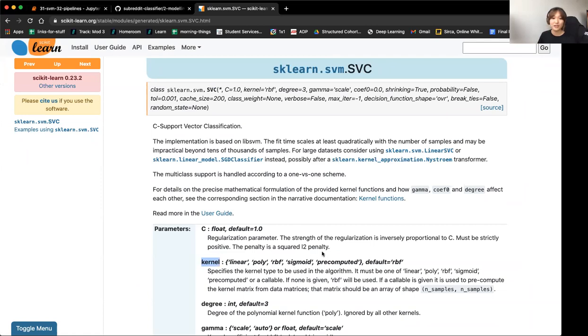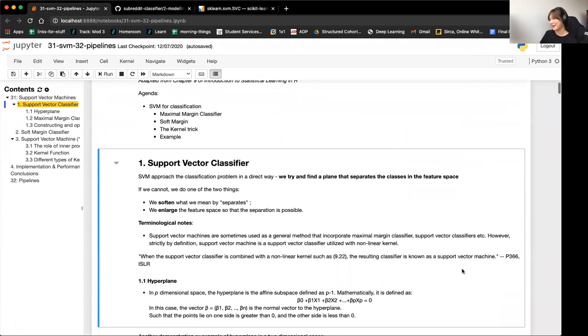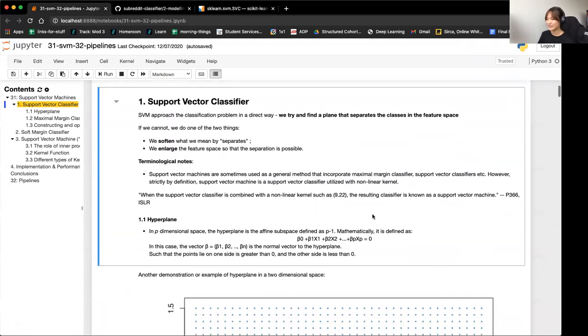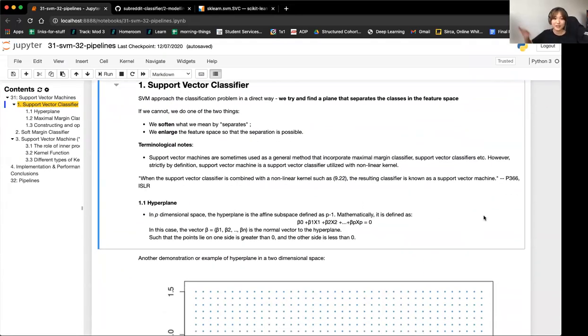And the kernel, if it's nonlinear, actually turns your SVC into a support vector machine. If you're using just a linear kernel, it's still a support vector classifier. So that's just a really nitpicky terminology thing. If you call it an SVM, even though it's using a linear kernel, people probably won't hate you for it. So the idea of this is you're trying to find a hyperplane that divides your